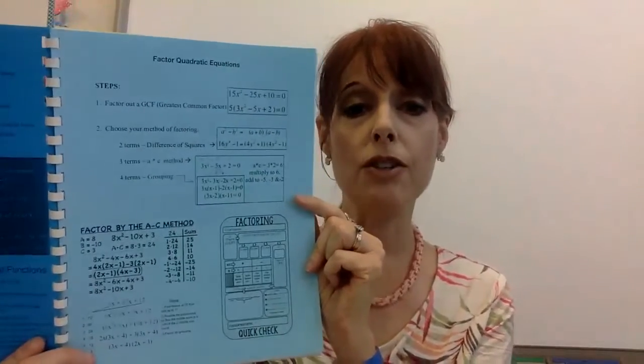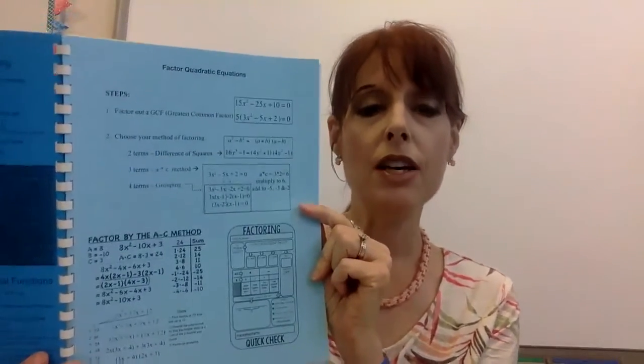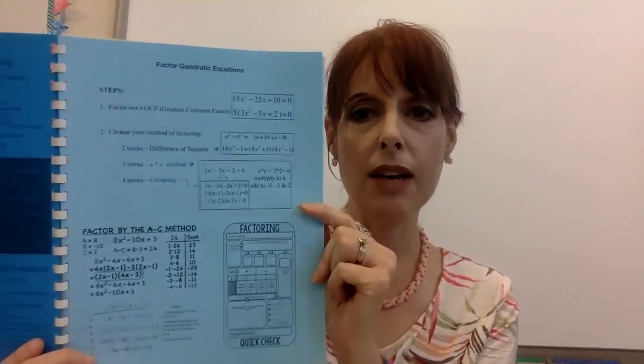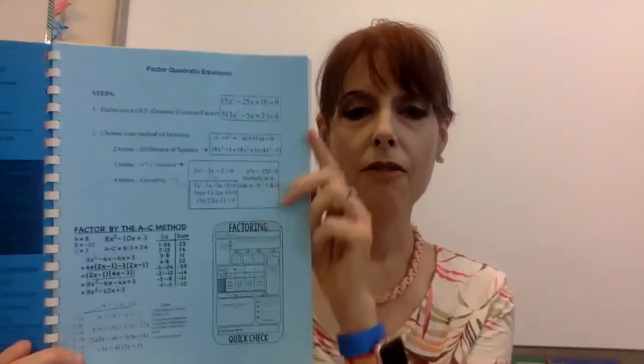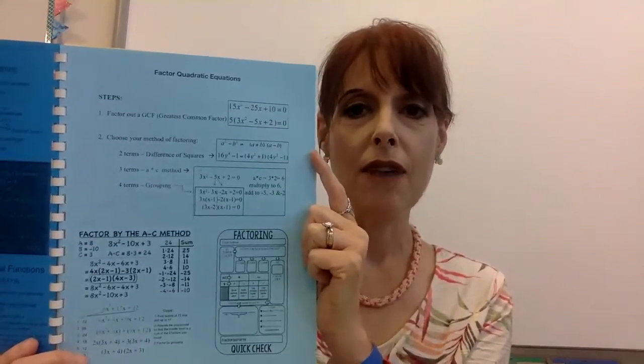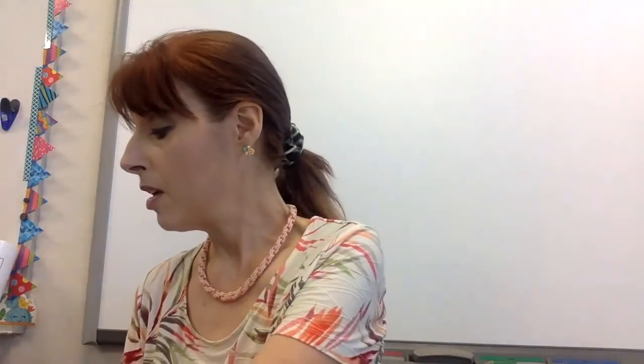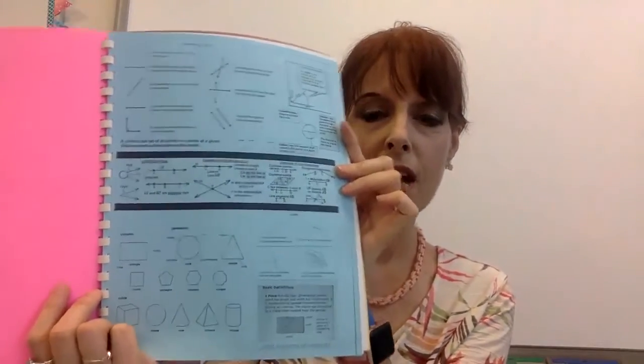And the chapter page has notes just specific to that topic. So here you can see the first topic for Algebra 2 is factoring quadratic equations. The first topic for geometry is definitions. And there's lots of good helpful notes there that you can use. Okay? And then when you turn the page,